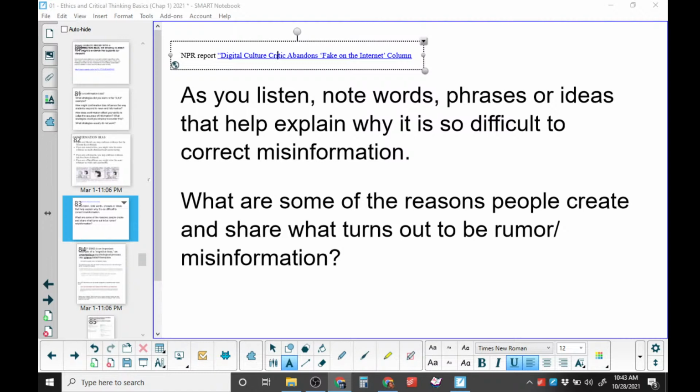Just to give context, this was published in 2015. The changes they are talking about, I would suggest, have probably been even more exaggerated since then. But because they're not talking about the internet today, they're talking about the internet like 6 years ago. Or to put it another way, Trump hasn't been president yet.